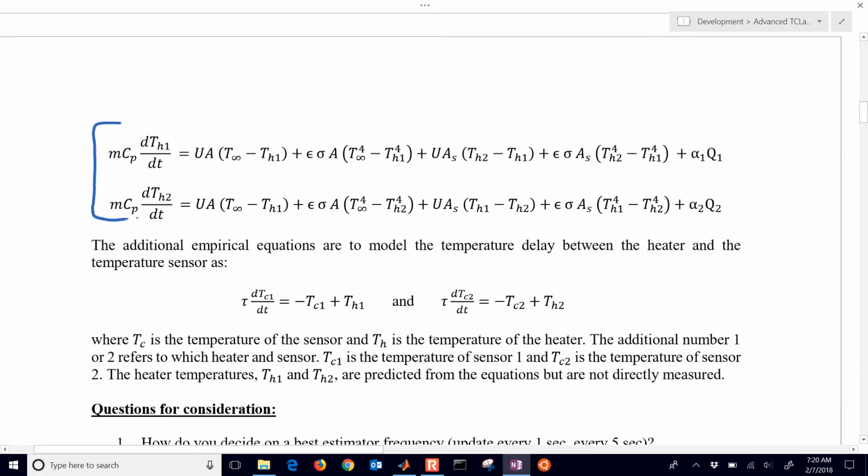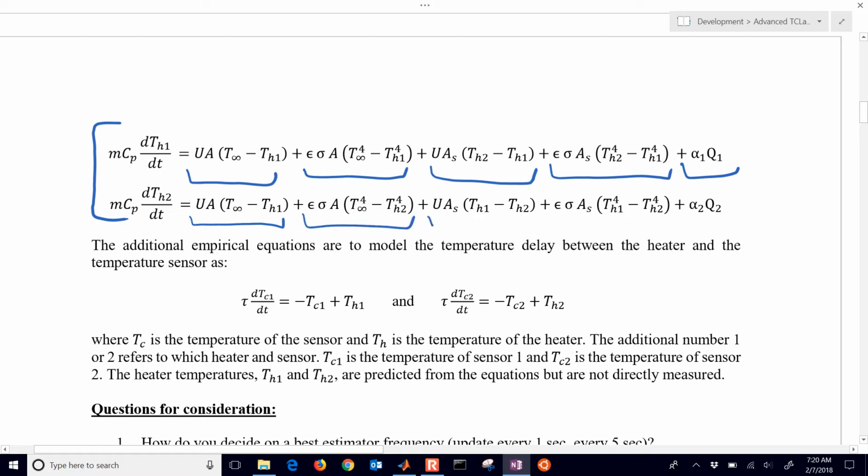We have here the energy balance equation. Now this includes convection, radiation to the ambient conditions, convection to heater 2, and radiative heat transfer to heater 2, and then our energy input term. And then similar for the second heater, we have convective heat transfer, radiative heat transfer, convection to heater 1, radiation to heater 1, and then also the input source